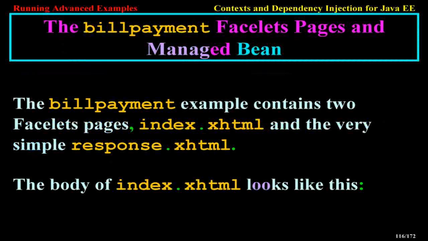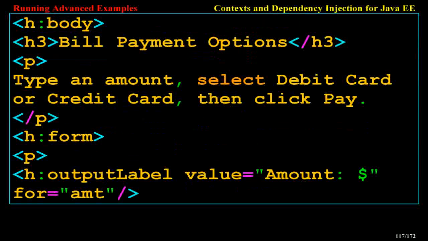The bill payment Facelets pages and managed bean. The bill payment example contains two Facelets pages, index.xhtml and a very simple response.xhtml. The body of index.xhtml looks like this: <h:body> <h3>Bill Payment Options</h3> <p>Type an amount and select debit card or credit card, then click Pay.</p>